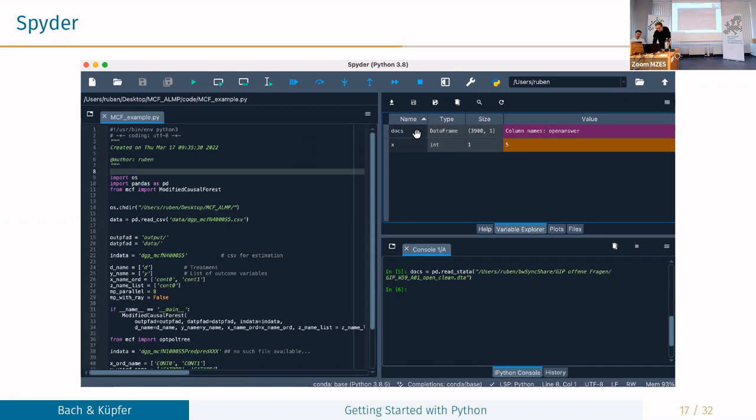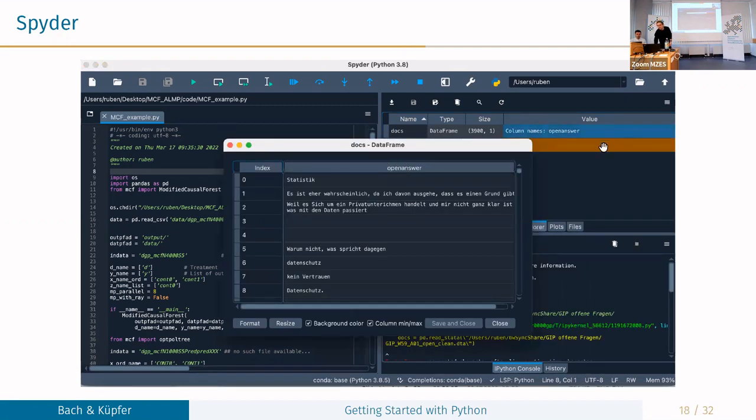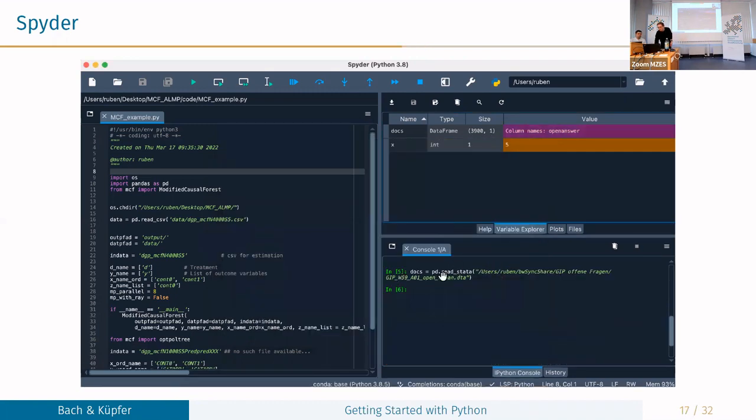So here I have two objects, one dark and one X, and I can even click on them and have this viewer type thing that you may know from RStudio. Then you can have a look at, say, your data. So this is maybe closest to what you know from RStudio, and then the output would be shown in the console down here.